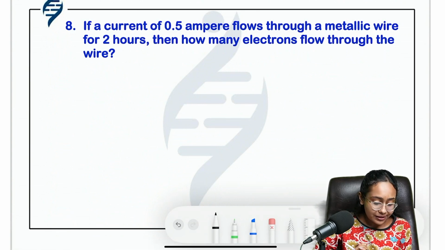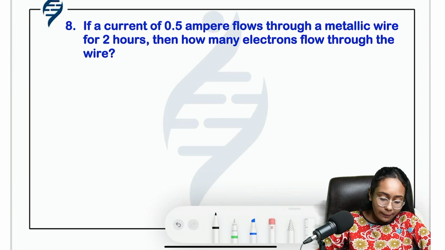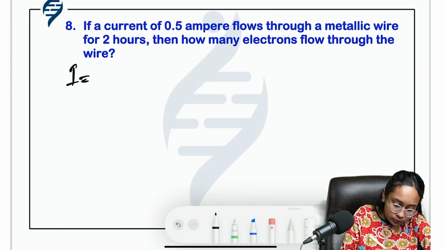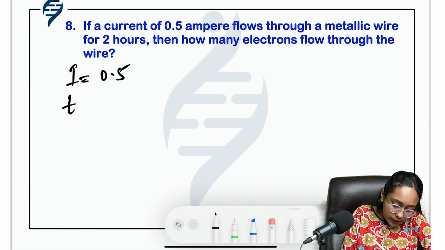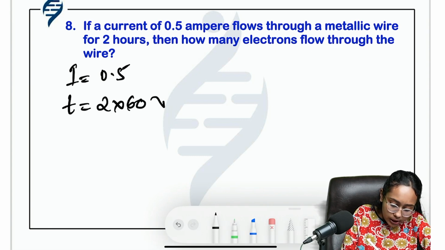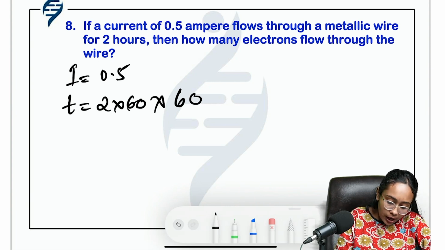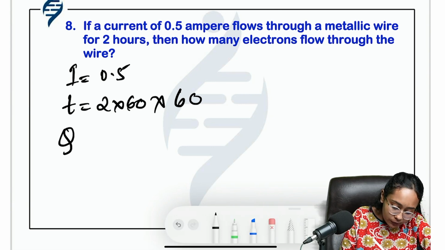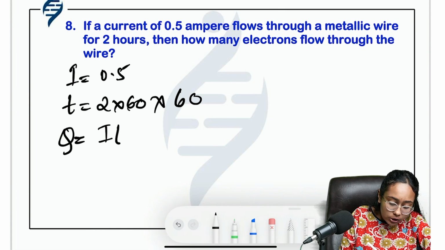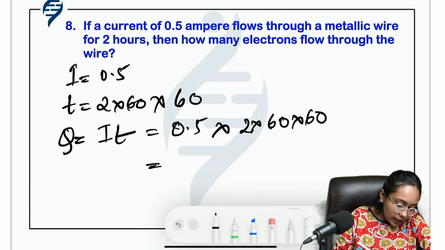Okay, the 8th question. If a current of 0.5 ampere flows through a metallic wire, current I equals 0.5. The time given is 2 hours, that is 2 into 60 into 60, 2 hours into 60 minutes into 60 seconds. You are asked to find out how many electrons are flowing through the metallic wire. So let's find out the charge first. Charge Q equals I t, that is 0.5 into 2 into 60 into 60, and the answer is